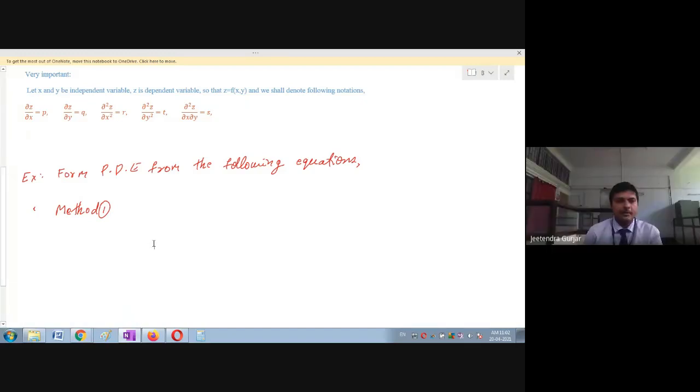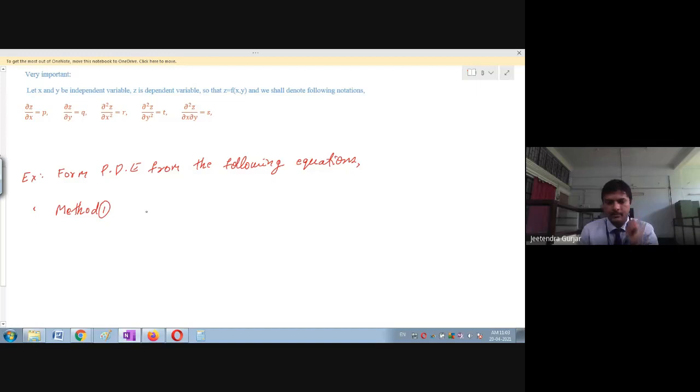So yes, thank you. You have already seen very important formulas in PDE, and here we see how we form a PDE from the given equation. The first method you already studied, so once again we'll repeat it. An equation will be given. You know already how to form a PDE. How do we form it? By eliminating the arbitrary constants A and B. Right, students? Okay, let us see now.